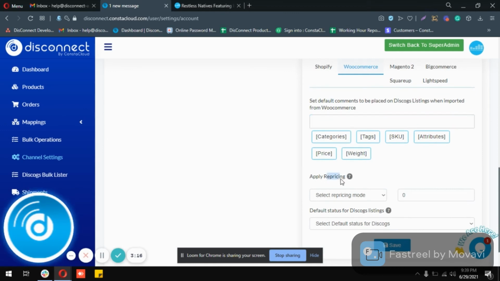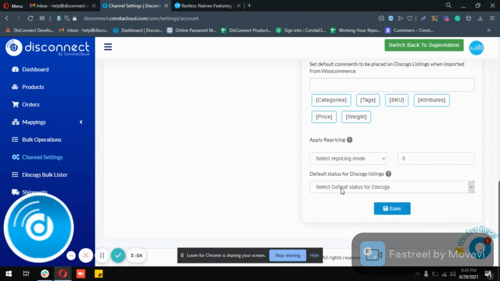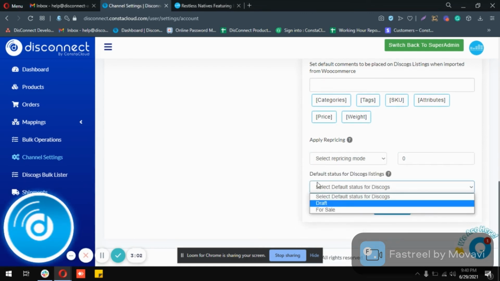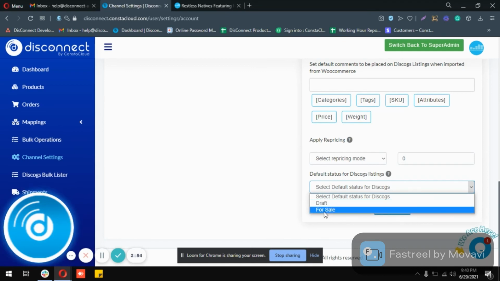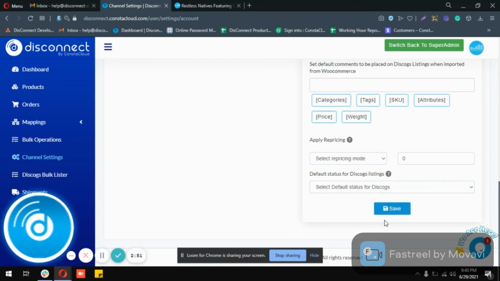After that, we are giving you an option to apply repricing. You can use it to either increase or decrease the amount of the product that you want to sync from WooCommerce to Discogs. And you have to select one default status. Whenever a product gets created from WooCommerce to Discogs, you can choose whether it goes as a draft in Discogs or as for sale. Once all the setup is done, you can click on save.